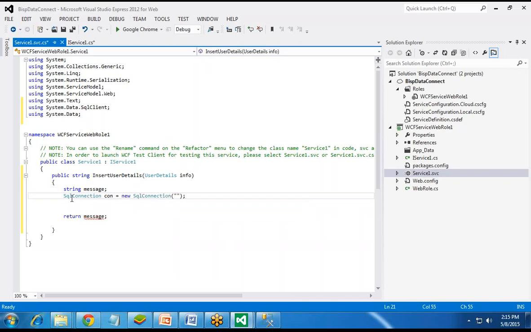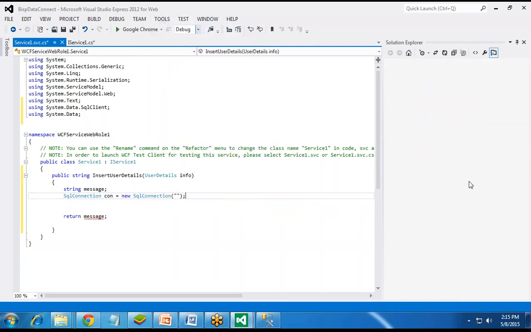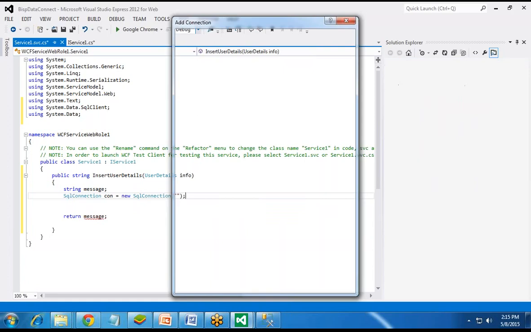Now what will be your connection string? To get the connection string, what we can do is connect to the database here. We can connect to the database on our system, and then we can copy and paste the connection string here itself.